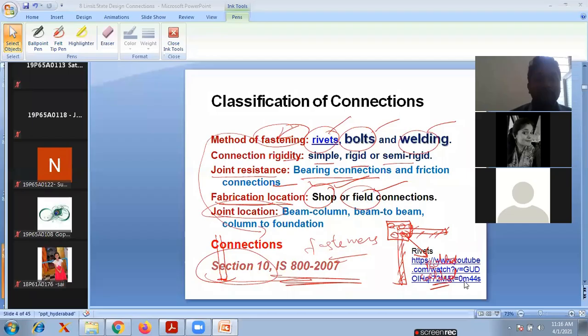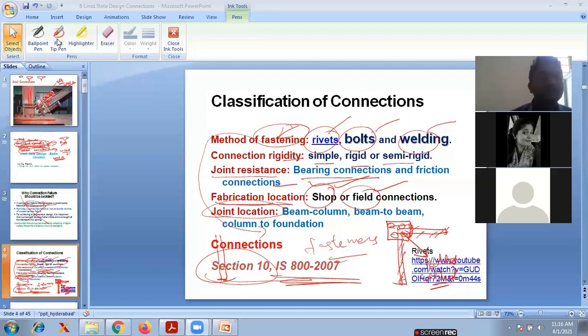I am sharing the IS 800. Yeah, please wait for one minute. I forwarded it just now. It will take one minute. Anyway, I am sharing my screen. Now you will know the value of the IS 800 codebook. The IS 800 codebook is very, very important.